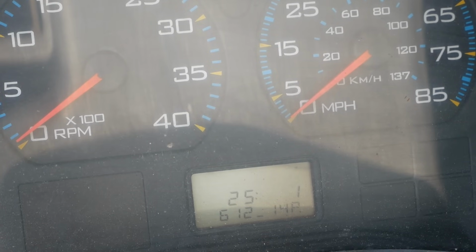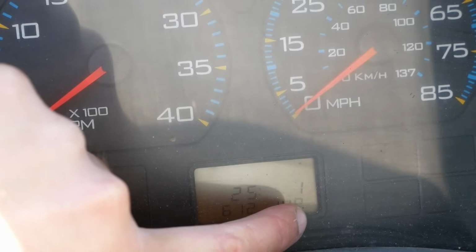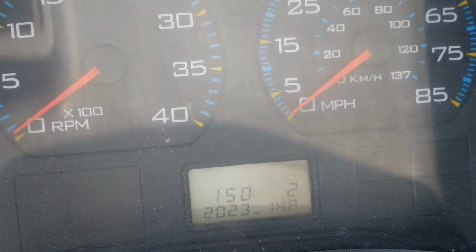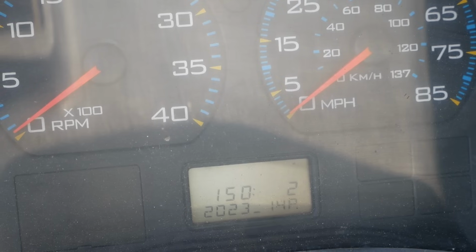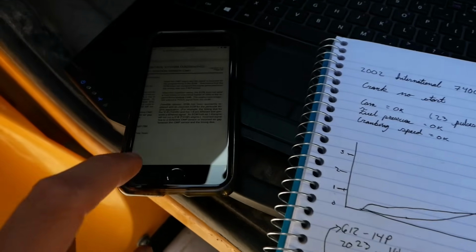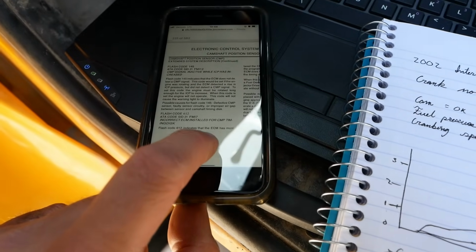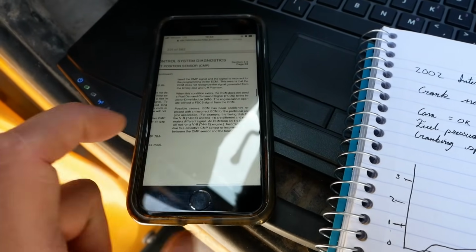So we've got a 612. Not sure what the 14 means, but the P means previous, so it's a stored code. And then a 2023. Well, that's interesting. Didn't have that before. So it says here, flash code 612 indicates that the ECM has monitored the CMP signal,